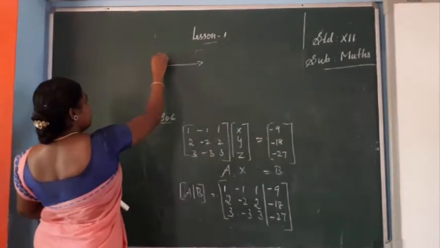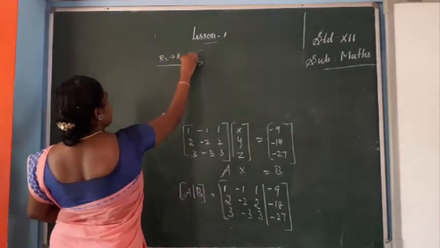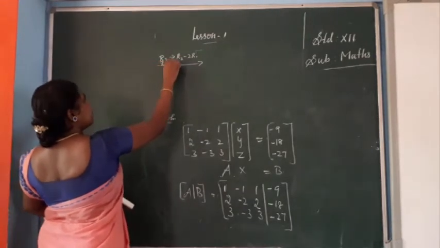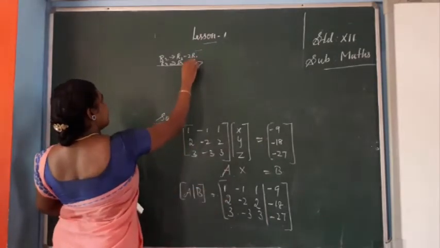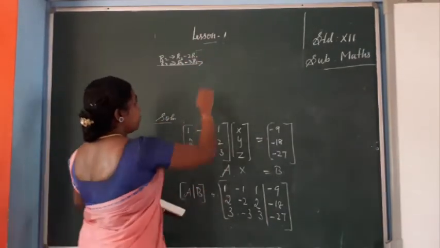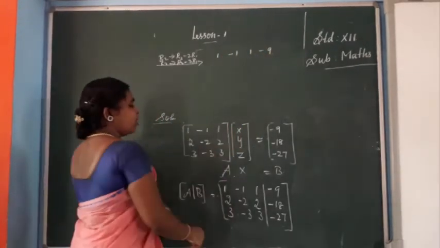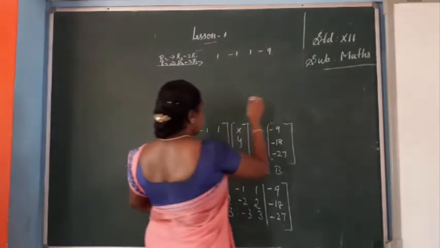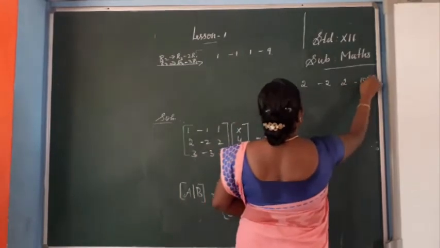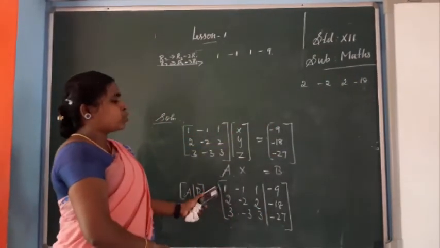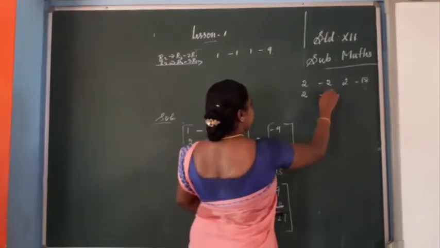So R2 gives R2 minus 2 is there, so R2 minus 2R1. Then R3 gives R3 minus, 3 is there, so we need 3R1. Okay, shall we do? So first row is 1 minus 1 1 minus 9. Then only the second row we are going to change. So R2 gives R2, what is here: 2 minus 2 2 minus 18. So I am going to multiply R1 by 2. 1 into 2 is 2. Then 1 into minus 1 into 2 is minus 2. Again 1 into